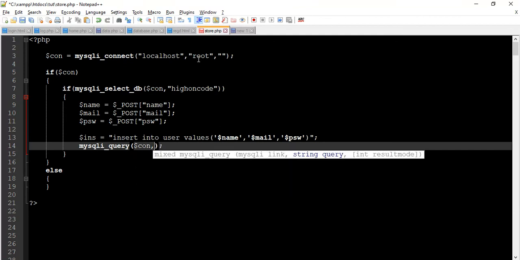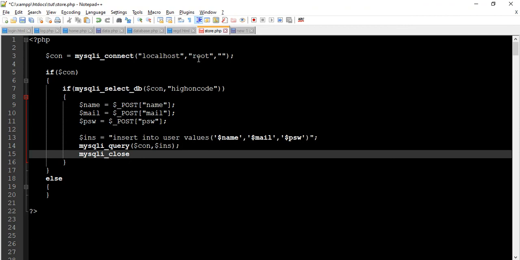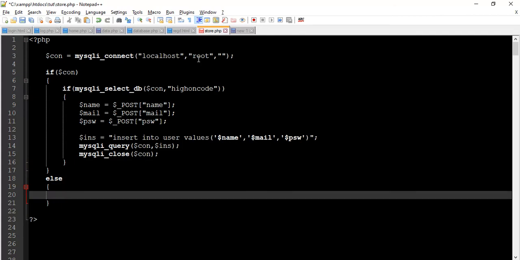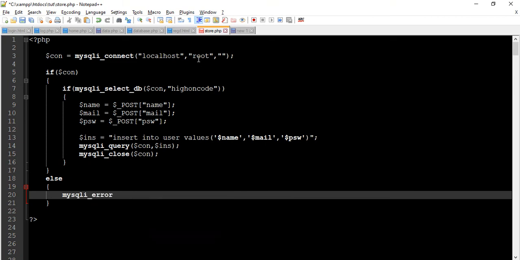And close the database. We use mysqli_error function to fetch error which occurs during database operation.